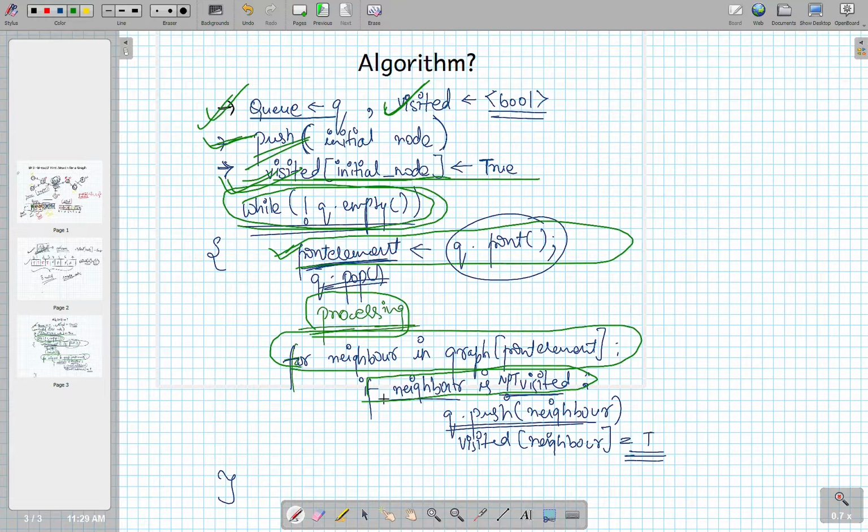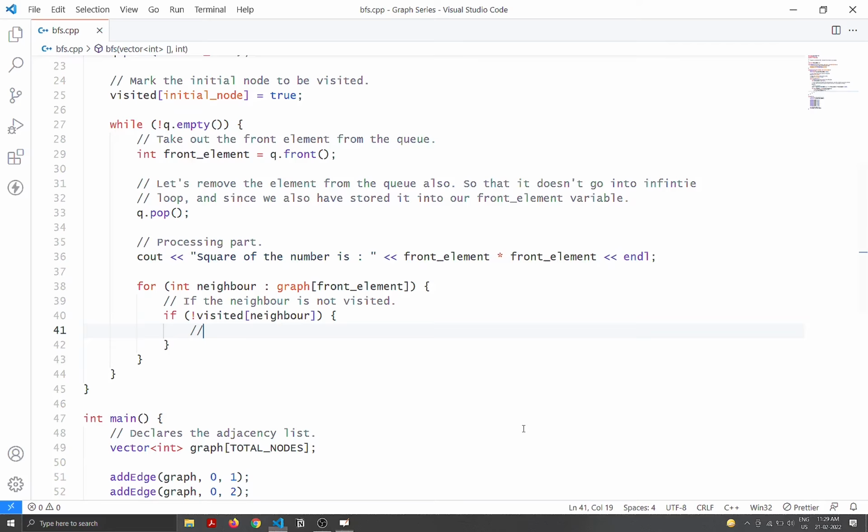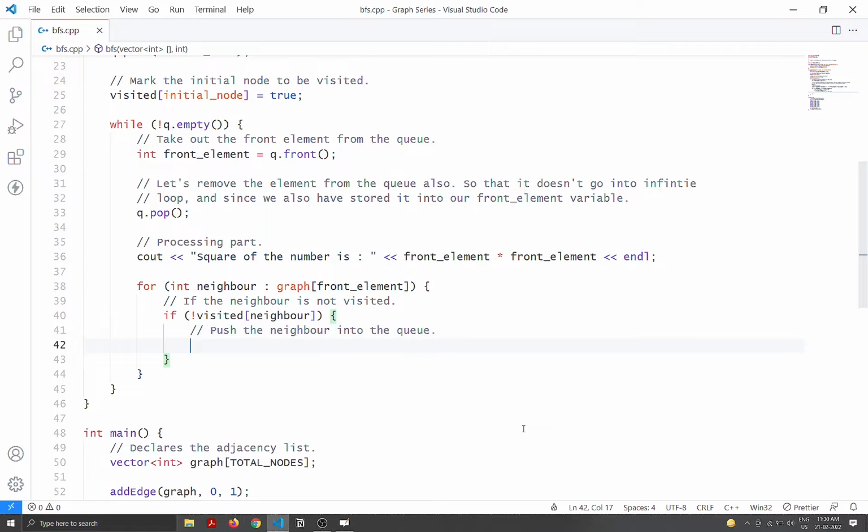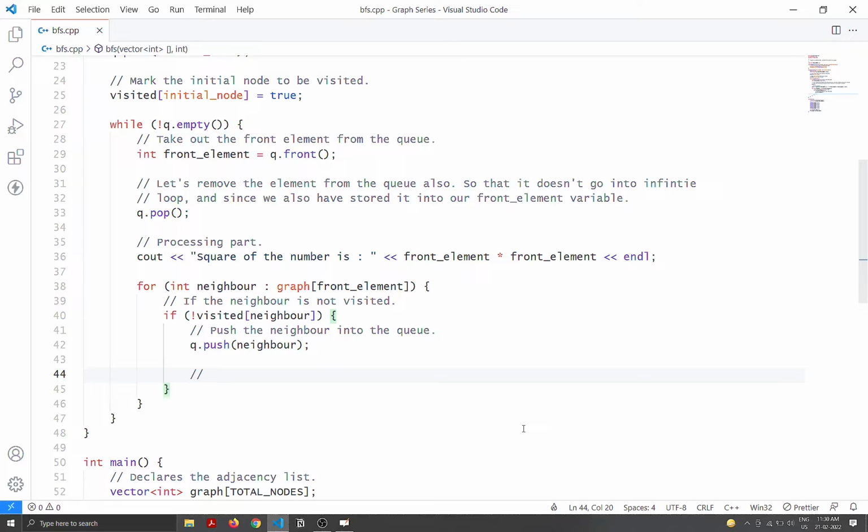So here, if the neighbor is not visited, we push that neighbor into the queue. So we'll have queue dot push neighbor, okay, and then we need to mark